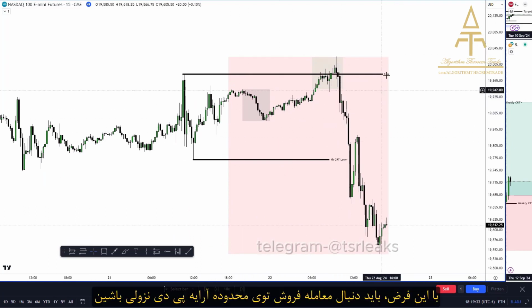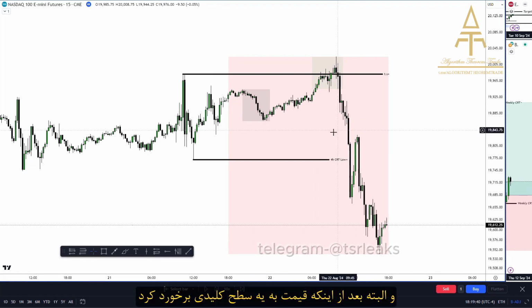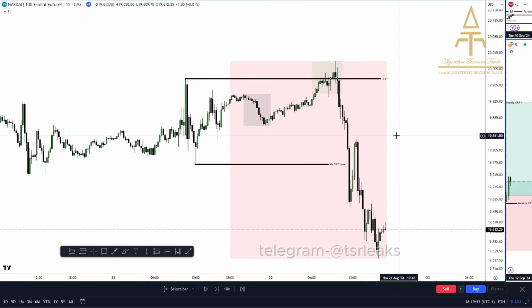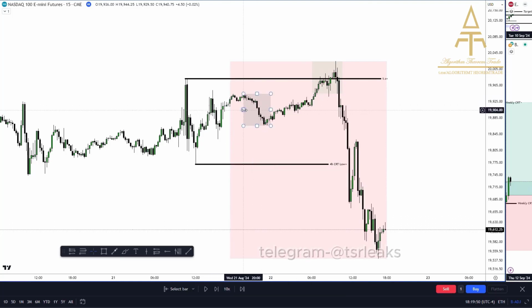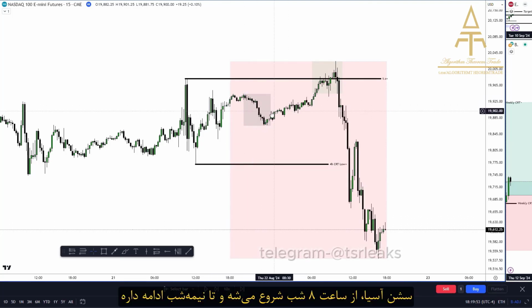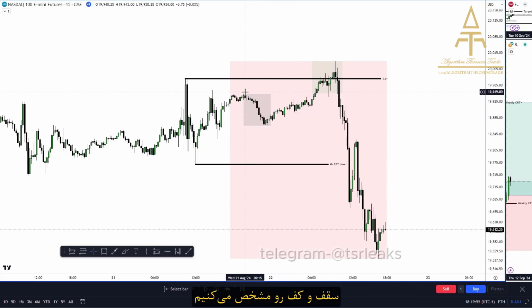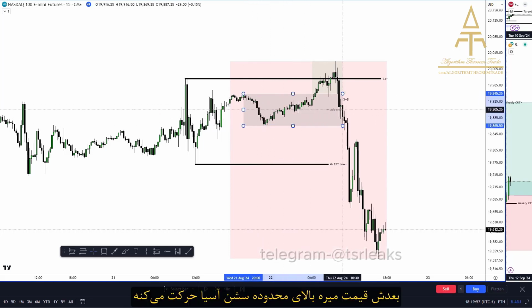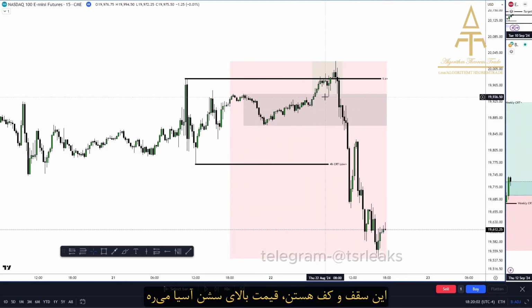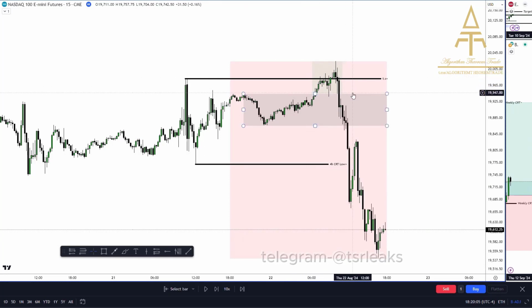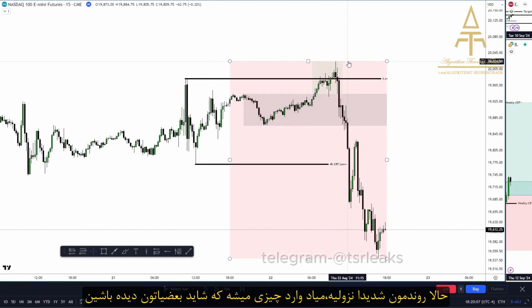All right, so keeping that in mind, we want to look for shorts inside of a bearish PD array. And of course, after hitting a key level, we have the opening price drops. Asia session starts at 8 p.m., ends at midnight. We draw out the high and low. Price then moves above the Asia session. Right, this is the high and low. Price moves above the Asia session. We are now extremely bearish